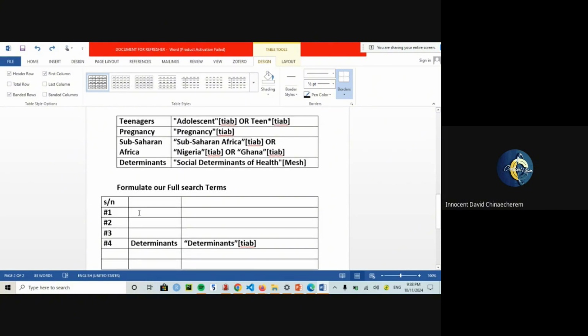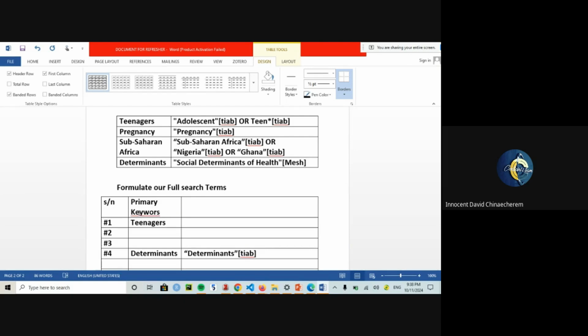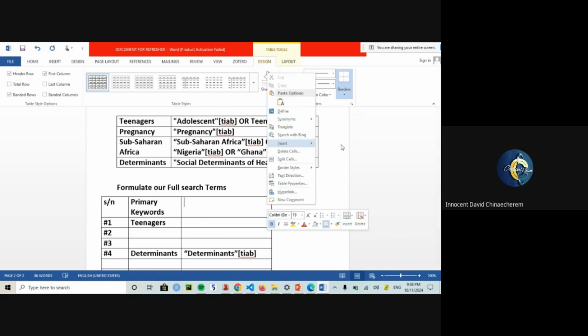We've got our teenagers here. These are what I call our primary keywords. Remember, this is how you record your search strategy. Primary keywords. You have to put in your